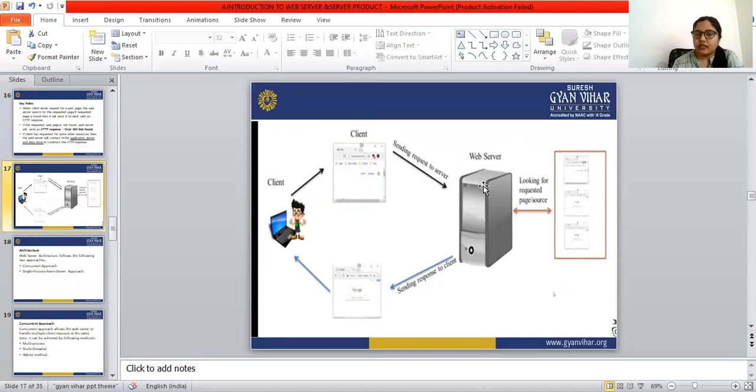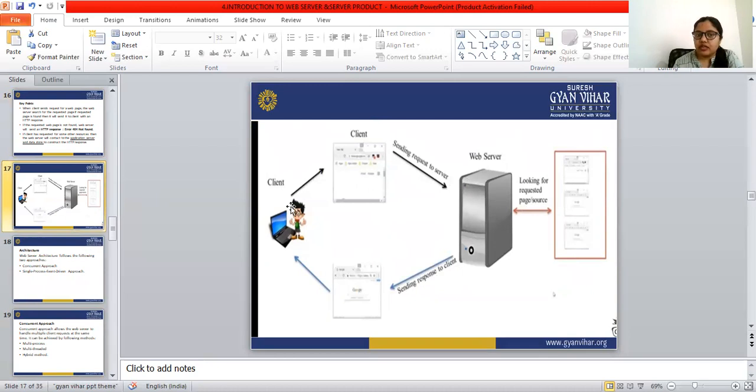After that, this server looks for the requested web page. The server finds the web page that the client wants. After finding the web page, the web server responds to the client.